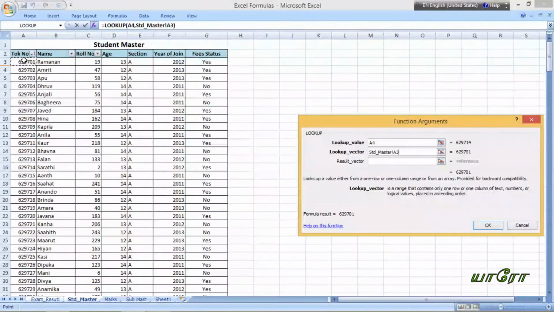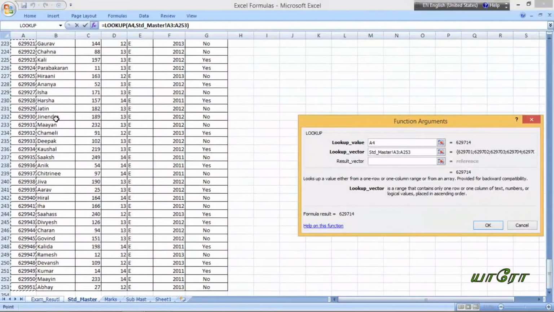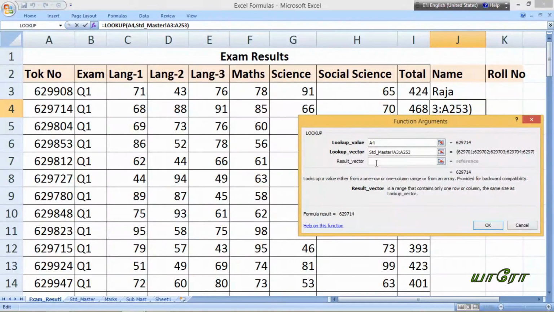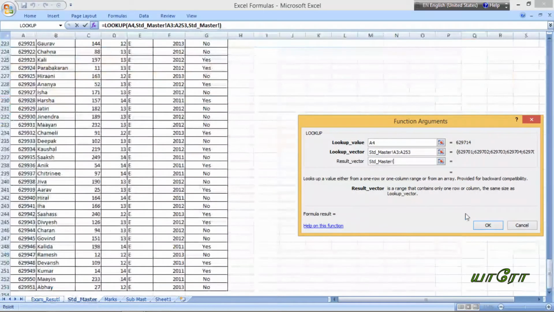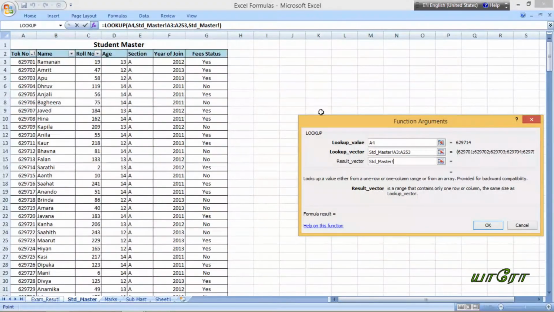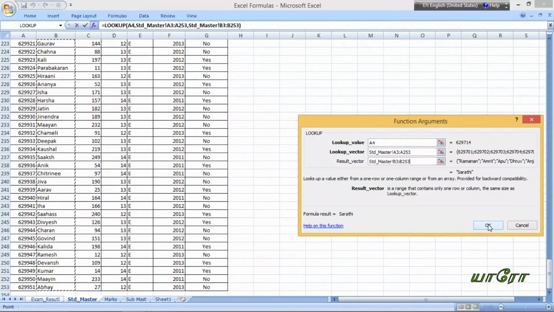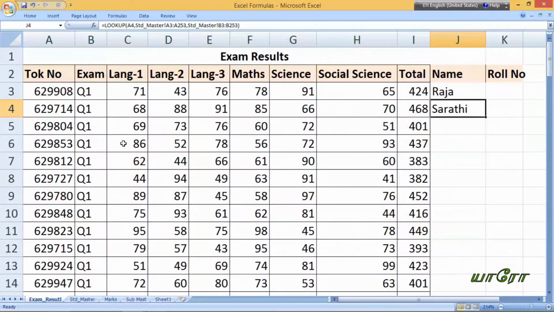So I select the token number, and the result vector: my lookup value will be searched in the lookup vector and the comparing value will be given from the result vector. I want my result from the names list. Click OK. Now see, 714 is for Rajasarathi.